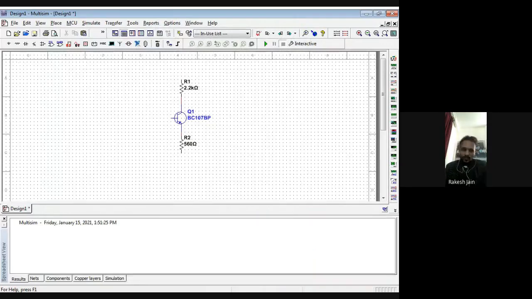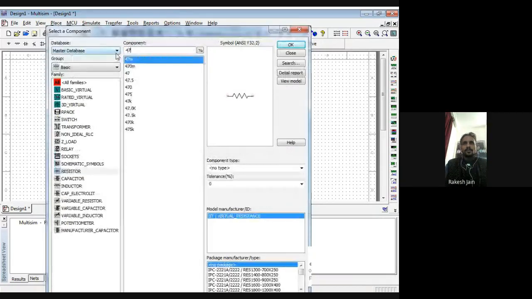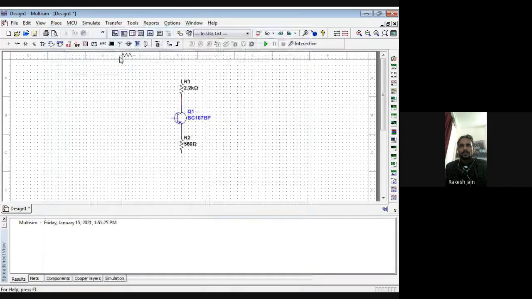Now, to provide the RC network, 47K and 10 kilo ohm are also connected at the base, 47K and 10K.